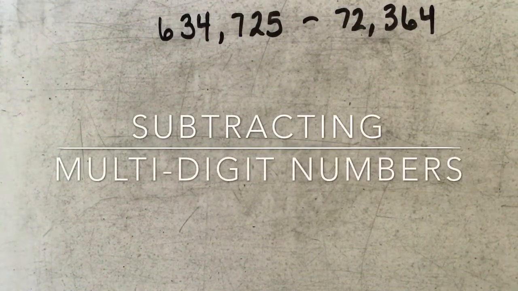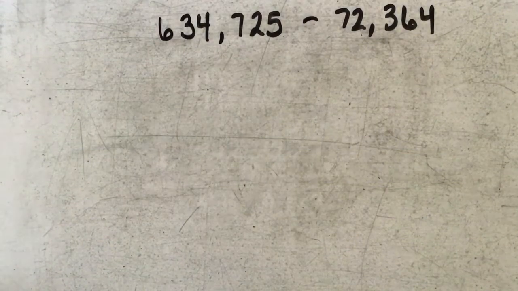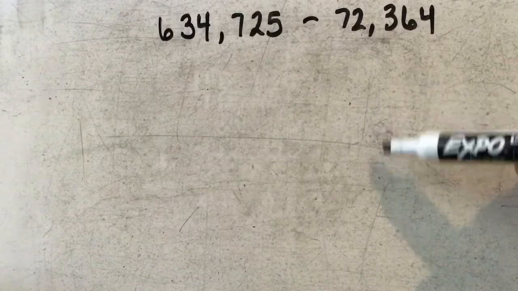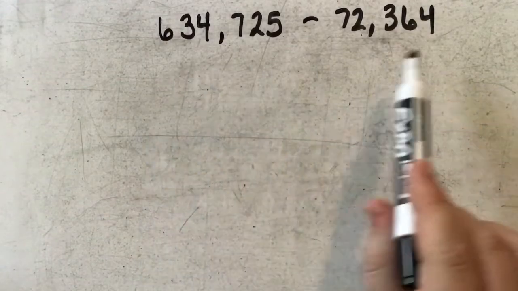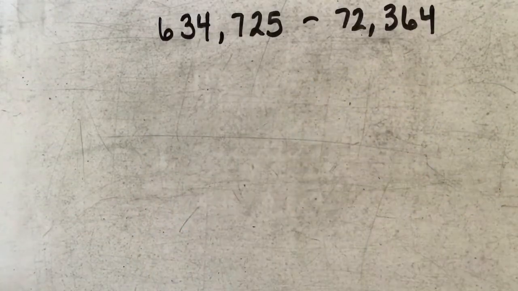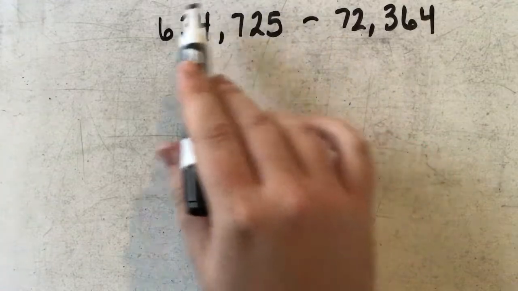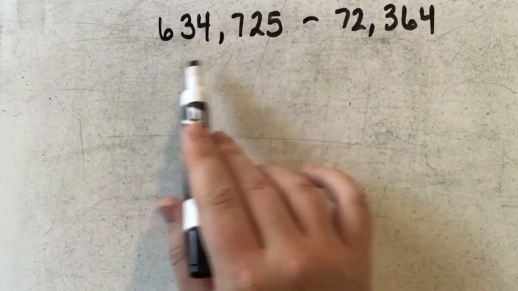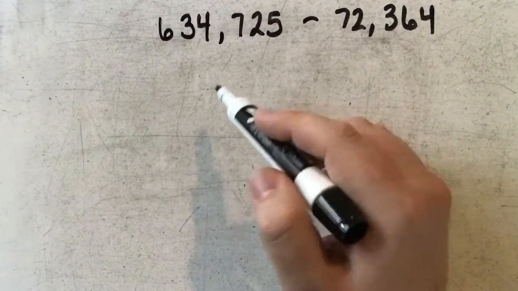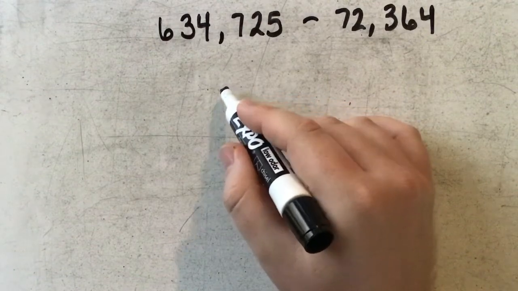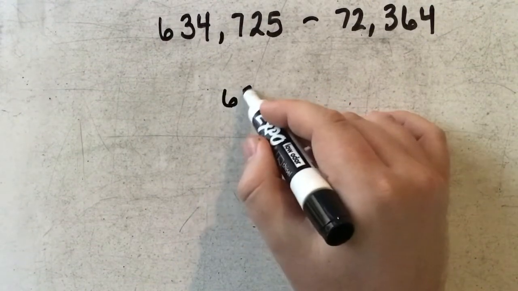Hey there. Today we're going to learn how to subtract multi-digit numbers. And much like when I added multi-digit numbers, I stacked numbers on top of each other rather than listing them out side by side. I'm going to want to do the same thing here with my subtraction problem. So again, especially in subtraction, you always need to make sure that the larger number is listed at the top of your problem. So in this case, the larger number is